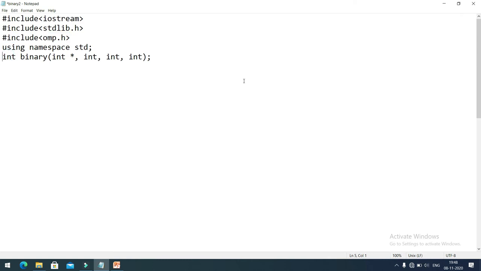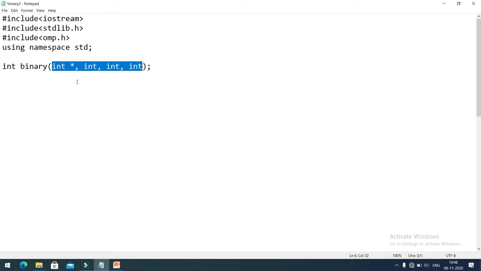And this is the actual function that we are going to use in our program. Integer binary, and it is accepting 4 parameters. Number 1 is the actual array. Number 2 is the starting position of our list.